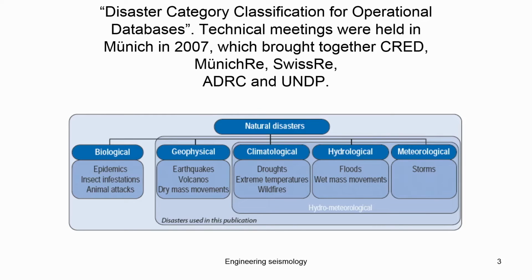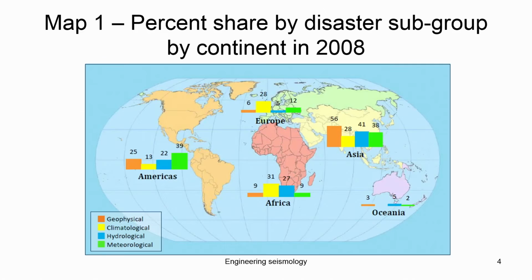The geophysical hazard consists of three parts, and among them the earthquake is actually the more pronounced one. We have seen the percentage share of disasters with respect to each subgroup, and continent-wise again. This map clearly shows the five major continents and each subgroup. You can see that in Asia, the share of events that are geophysical is very high compared to any other continent. The meteorological hazards are very high in